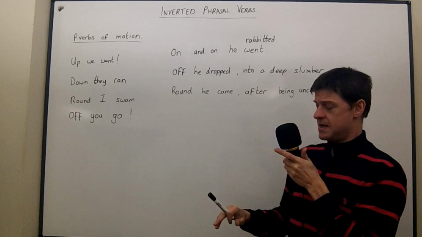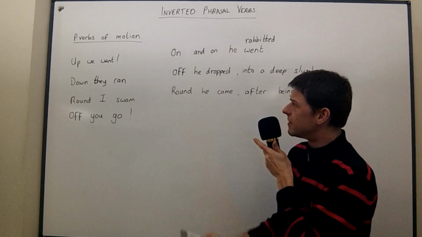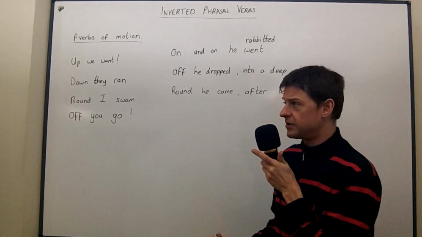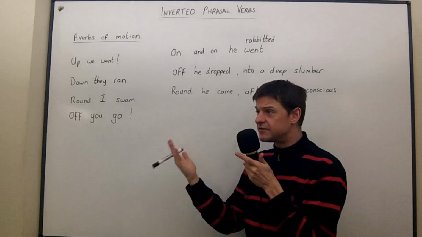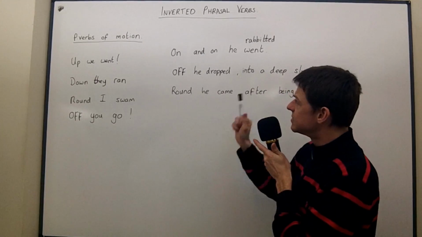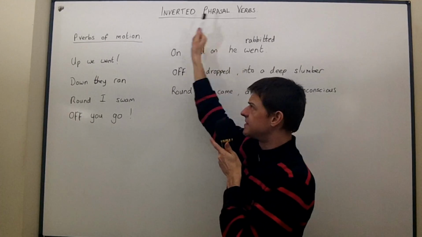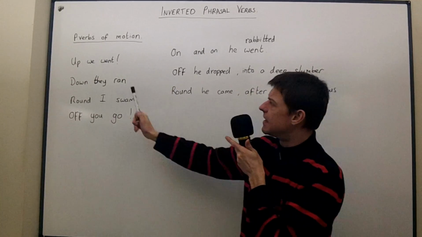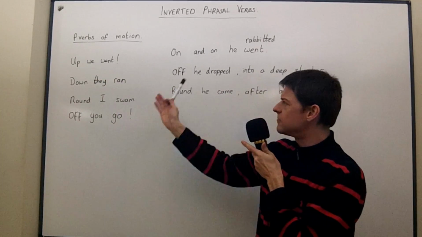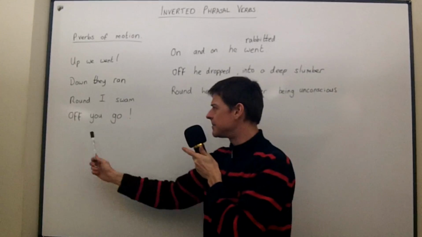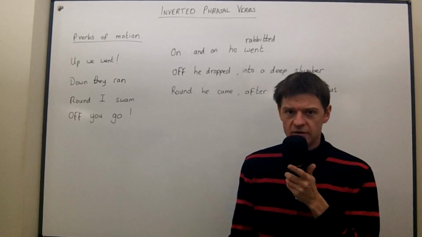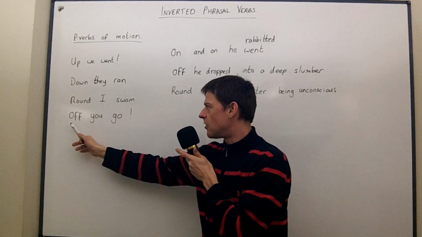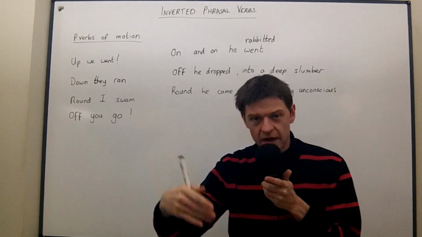of inversion. It's inversion with phrasal verbs, and I think especially if you read children's books, so if you have kids and you read stories to them at night, you will very often see inverted phrasal verbs, especially phrasal verbs of motion. Up we went, down they ran, round I swam, off you go. All of these become really quite natural, and this particular one, off and go, off you go, I think you